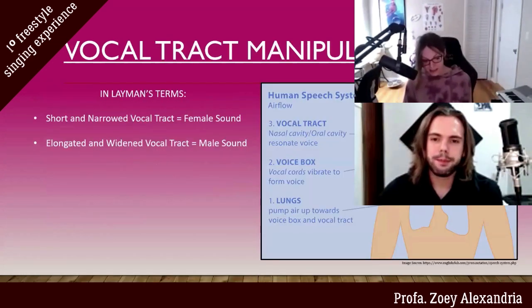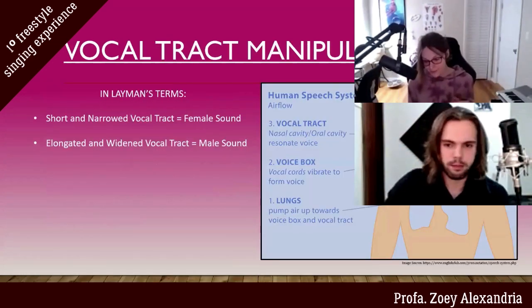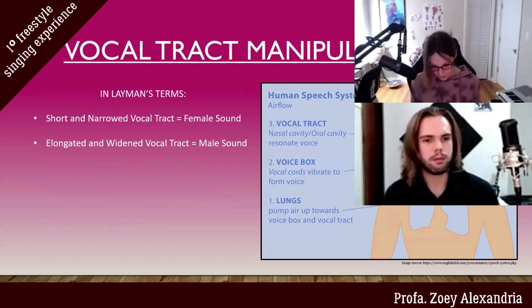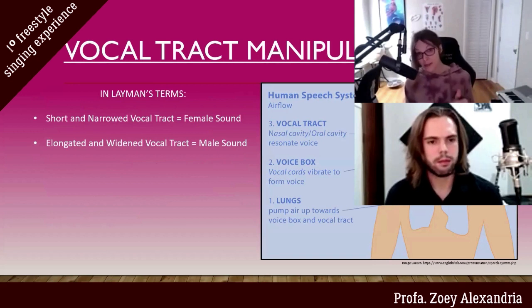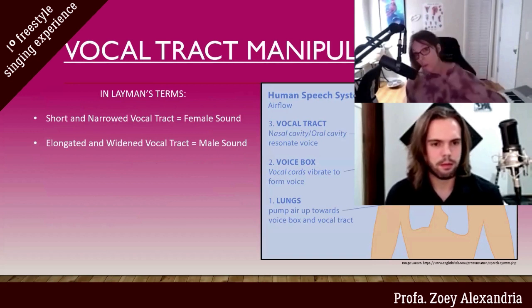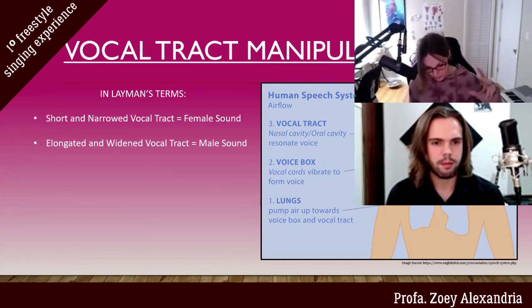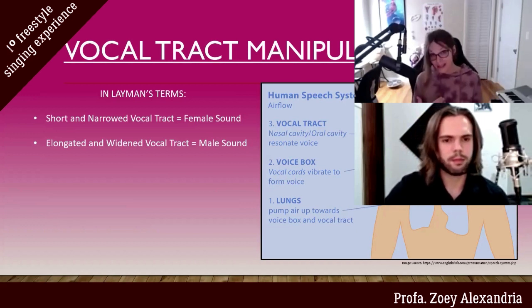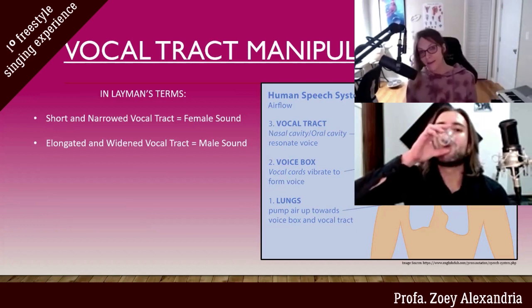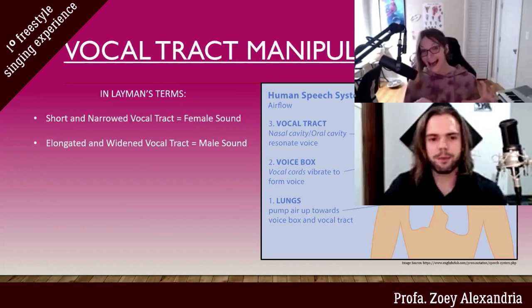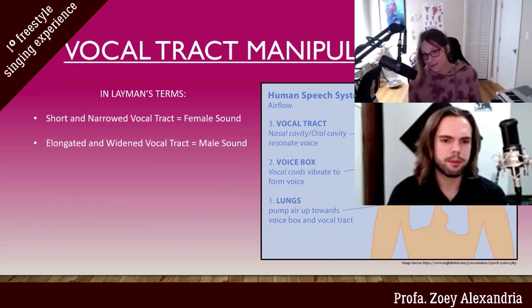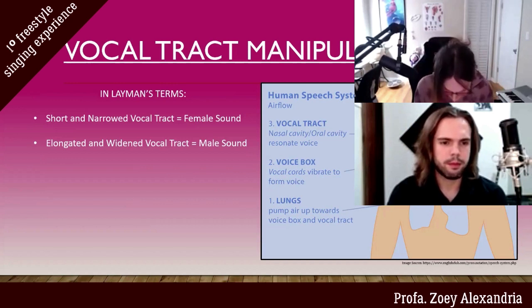One of the fundamentals of being able to change the perceived gender of a voice is manipulating the shape of the vocal tract. In order to reach a more feminine sound, the y-axis of the vocal tract needs to be shortened. Okay. Now, one thing to keep in mind is that both AMAB and AFAB individuals will typically have different default lengths of vocal tracts just due to height differences in sex. Okay, but